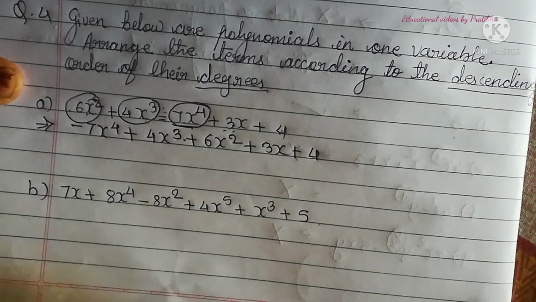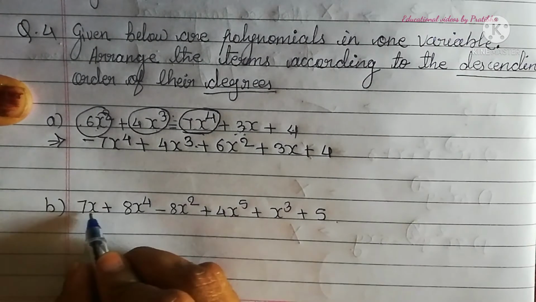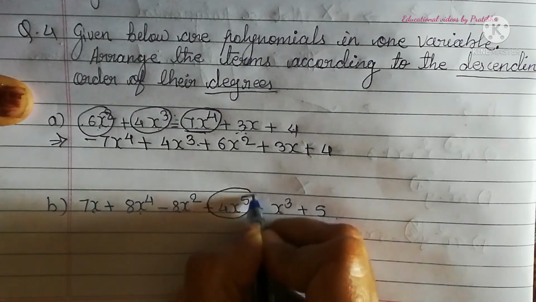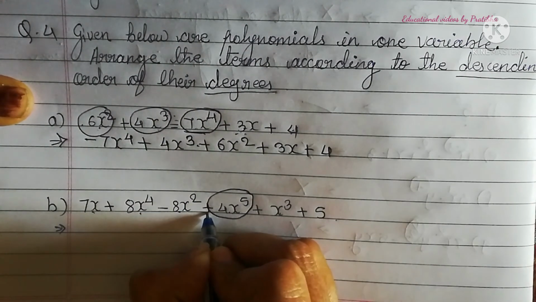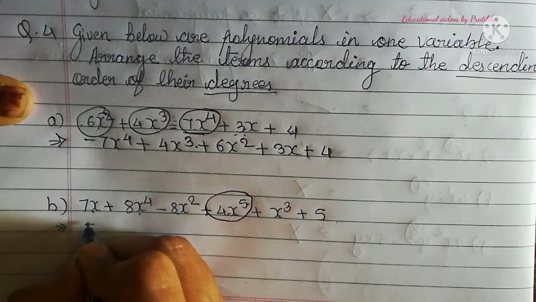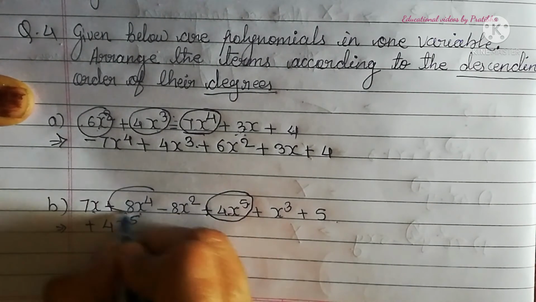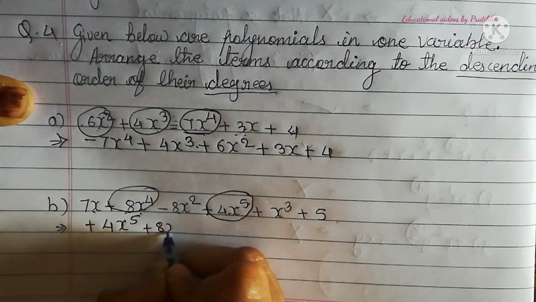Let's see another example. The other example is 7x plus 8x raised to power 4 minus 8x square plus 4x raised to power 5 plus x cube plus 5. So I am writing them according to their degrees. So 4x raised to power 5 plus 8x raised to power